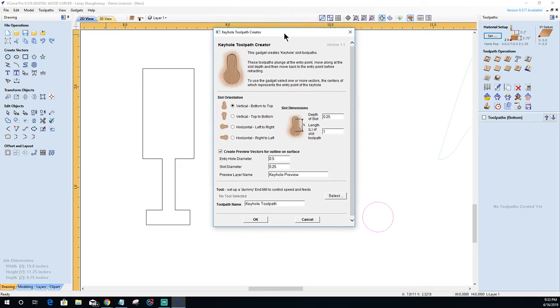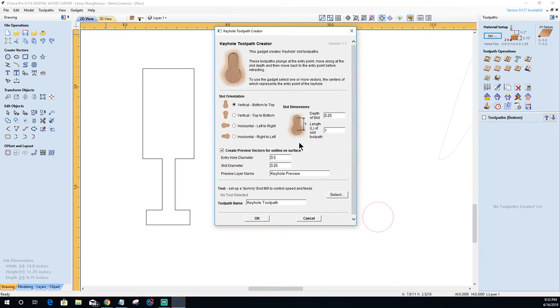All right. So now the depth of my slot. Now the depth of the slot is going to be very dependent on the head of that keyhole bit, how wide that keyhole bit is. We need that bit to plunge down and at least clear that head to get up into the neck area. Now, most of those heads, depending on, I have a little keyhole bit from Lowe's,